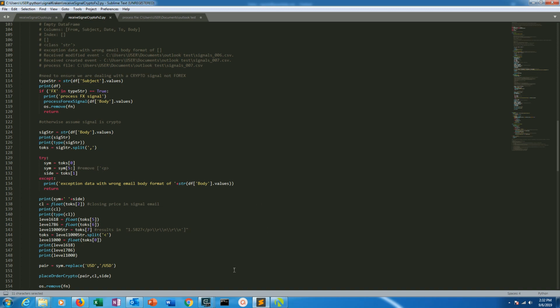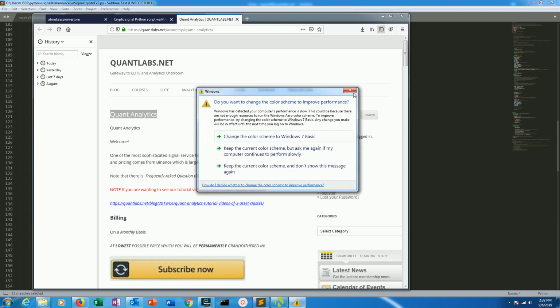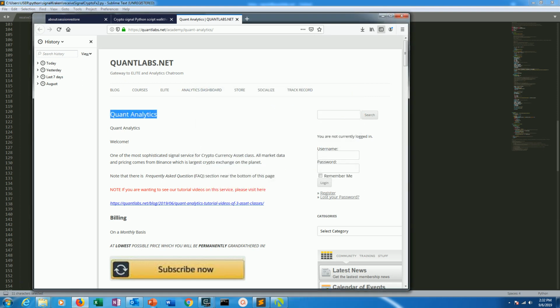So all of that's been built into the EA. A lot of people want to know, how do you get the EA? Don't think you can get the source code for the EA, because you won't. But once it's available, it will be made available to all Analytics users. So you'll be able to download that through this service and then plug it into your Metatrader environment of choice. And again, whatever broker you want to use is up to you with forex, with that Metatrader 4. But I would recommend